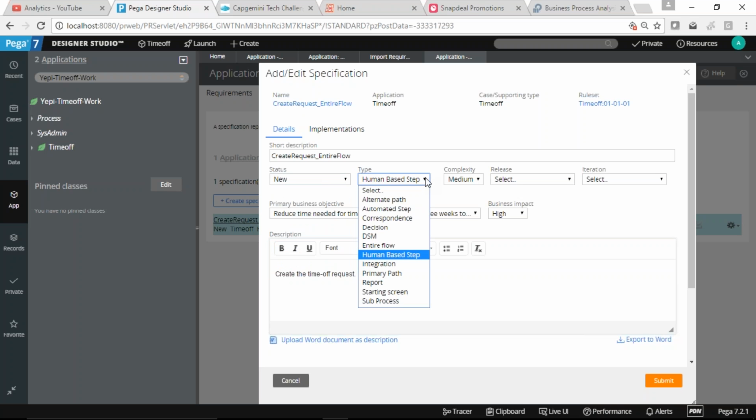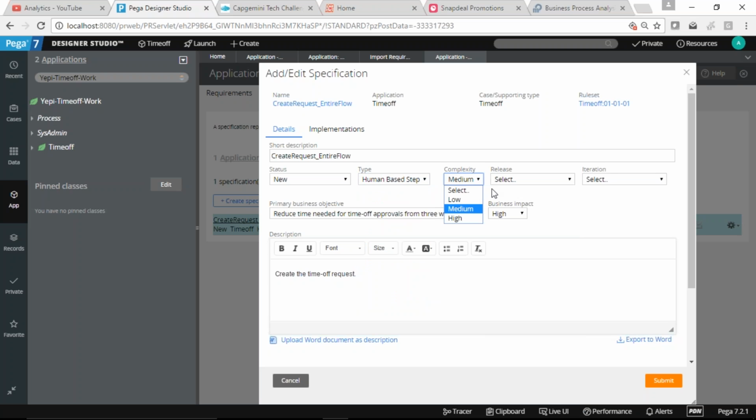We can define the type of specification, whether it is a correspondence, a decision, a complete flow, a human task, or an integration. These are the different terminologies Pega defines for completing specific tasks, so we can decide which task the specification relates to. We can also set the complexity to high, low, or medium.